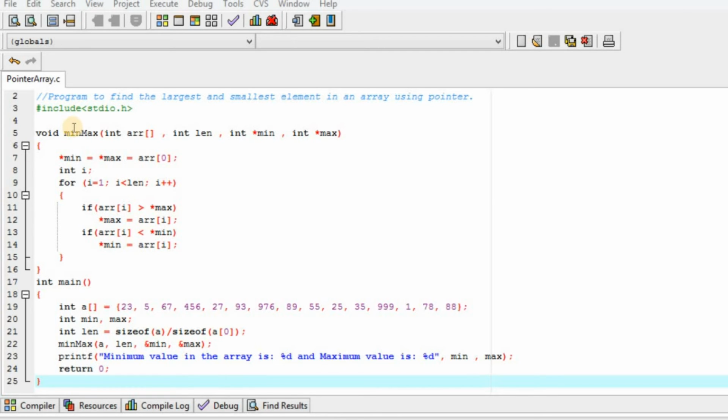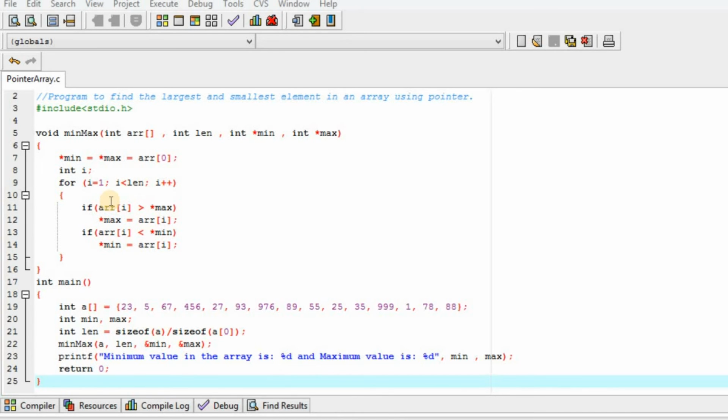Here in this min max function, we are receiving the whole array, the length of the array, and the addresses of the min variable and max variable in these pointers. With the help of this min max function, we are trying to calculate the minimum and maximum element of the array. The logic we have understood, the min max element of the array is given over here.